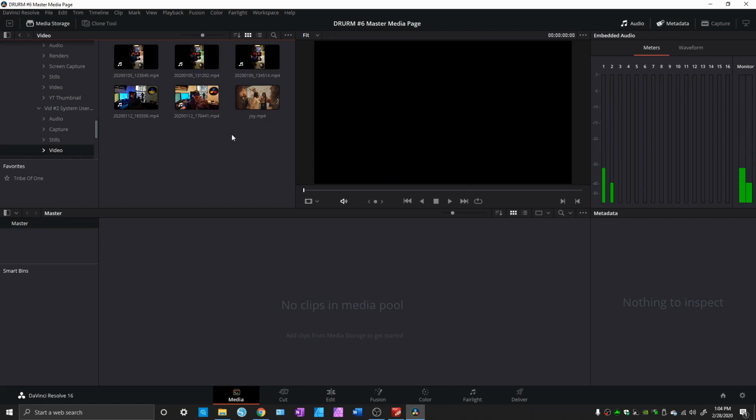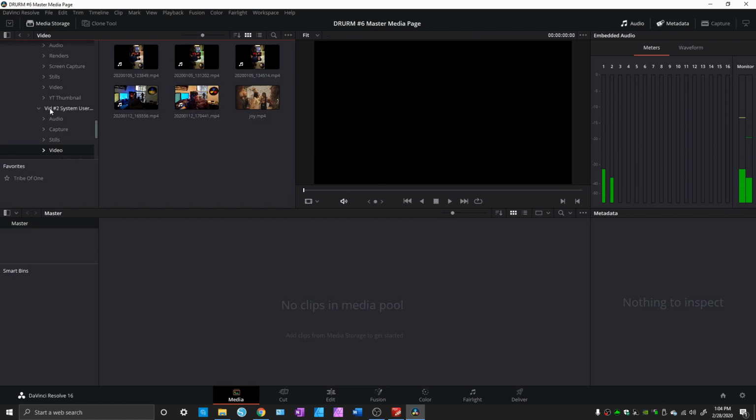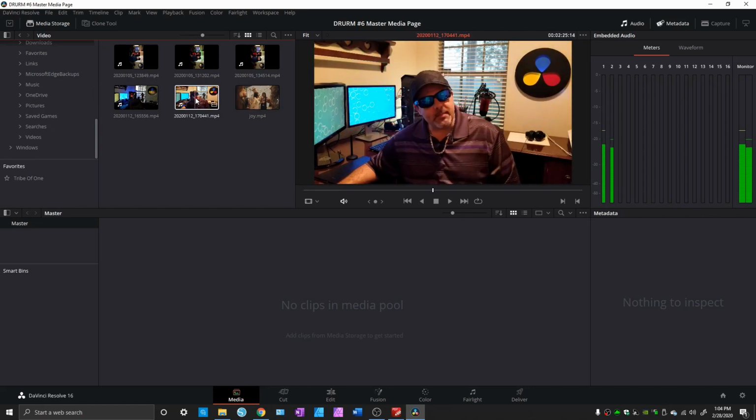And then you can find it pretty easily. Now, you still haven't imported any of this into your actual project, into your media pool. This is just you going through the files on your computer by using the media browser. This is everything on your computer, not in your project. If you decide that you actually want to import it,